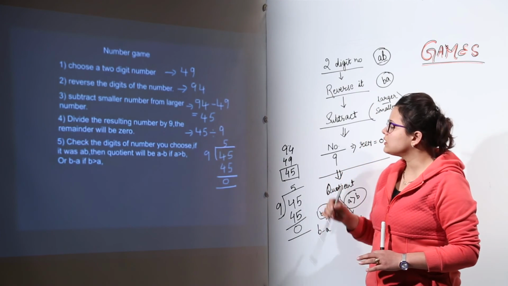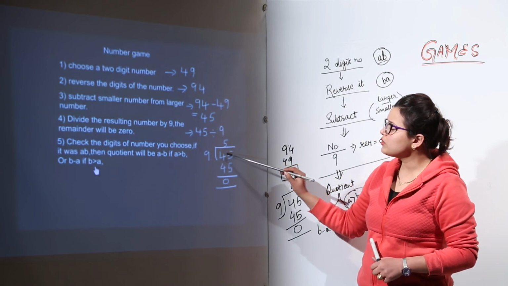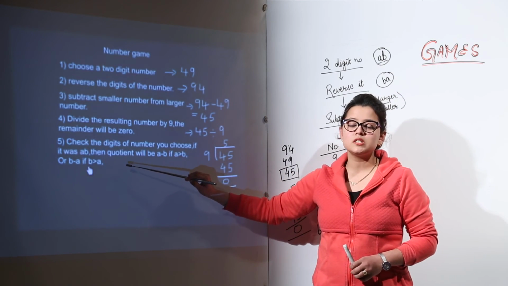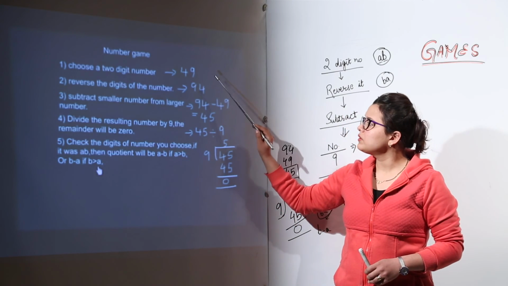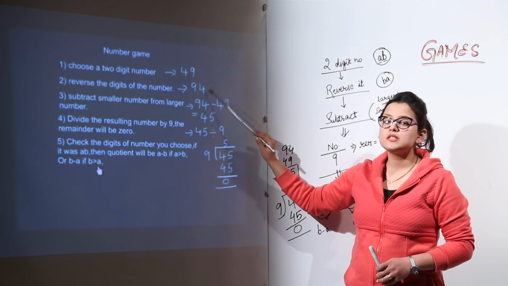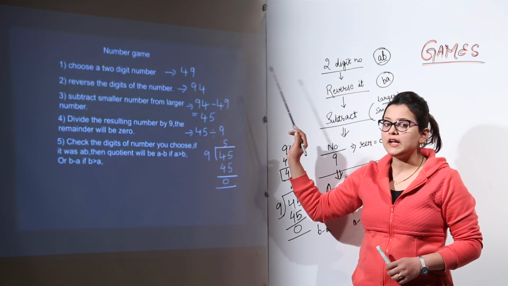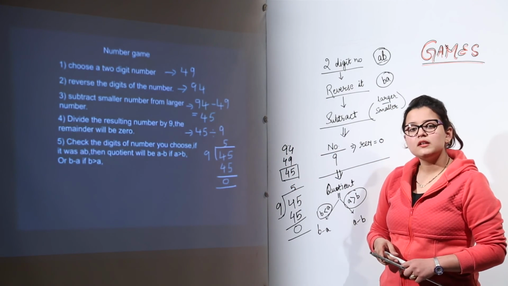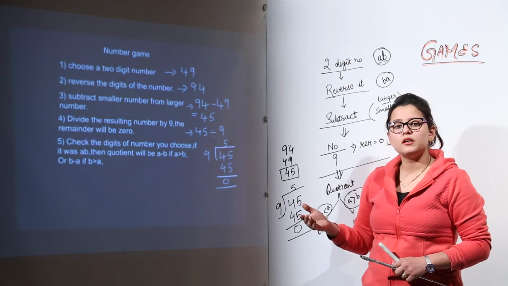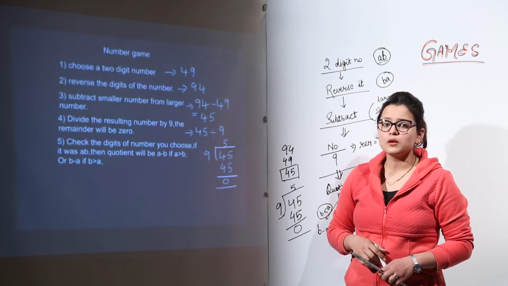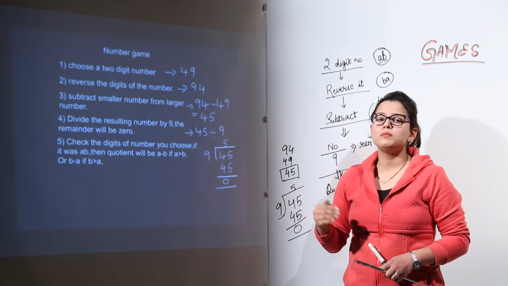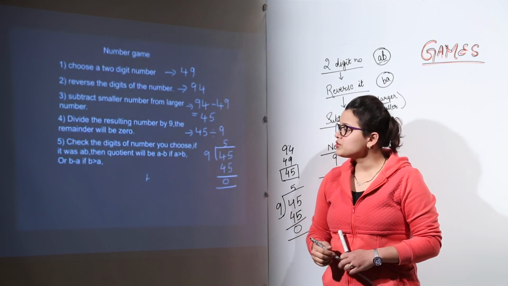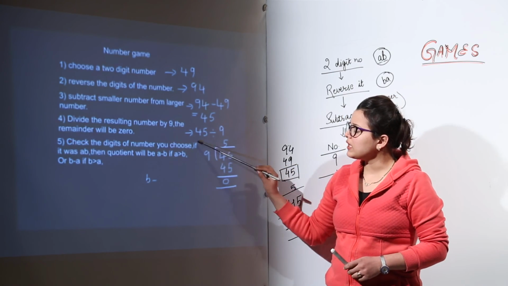It would give you the same result. The quotient is going to be dependent on the 2 digits, on which one out of the 2 digits is greater. If the original number would have been 94, your result would have been 5 again, right? That means your quotient is only dependent on your number, be it AB or BA. It depends which one out of both is larger. So this is the way you can play your games.